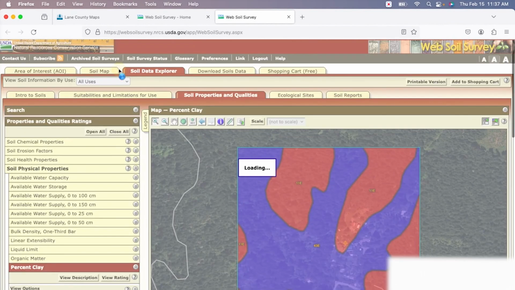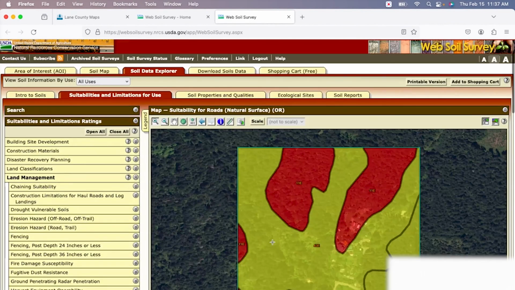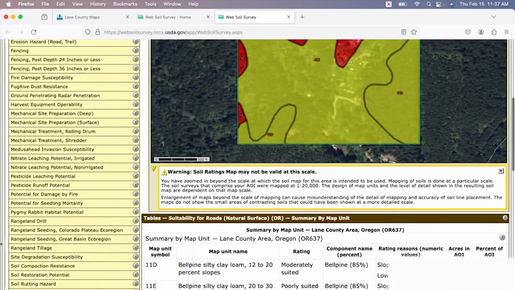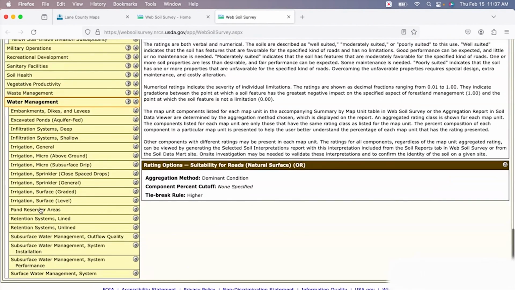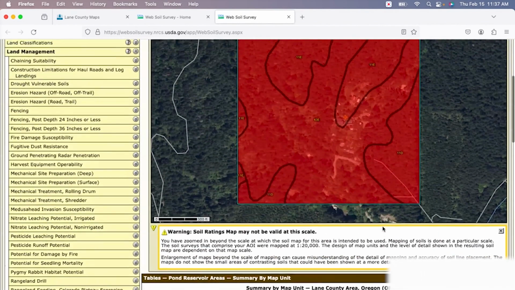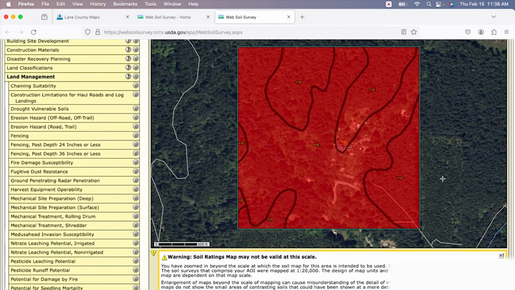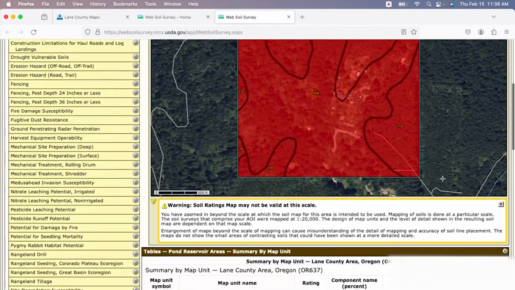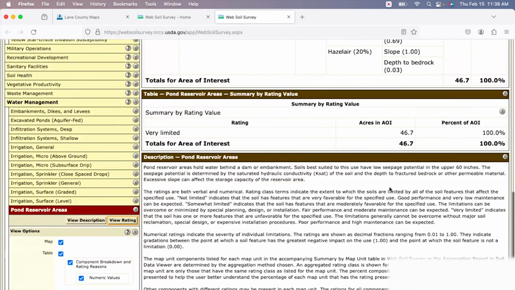Another thing we can take a look at is the suitability for constructing reservoirs. Go to water management, click pond reservoir areas. So this is showing very limited qualities for pond reservoirs. And now if we have a look at the basis that they use to come up with that, it has a low seepage potential in the upper 60 inches. It's determined by the hydraulic conductivity of the soil, the depth of fractured bedrock and other permeable material, and then also the slope, because the slope can affect the storage capacity of the reservoir area,